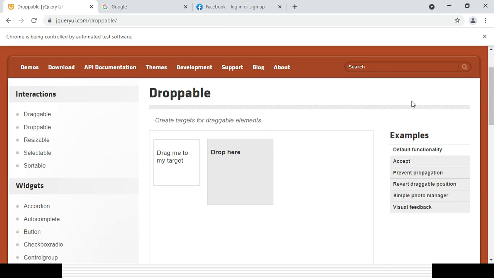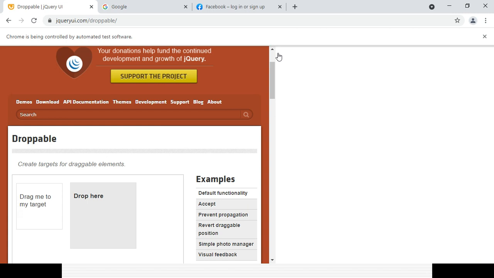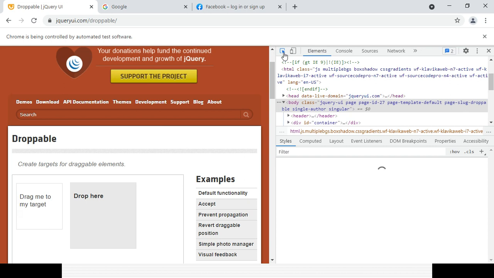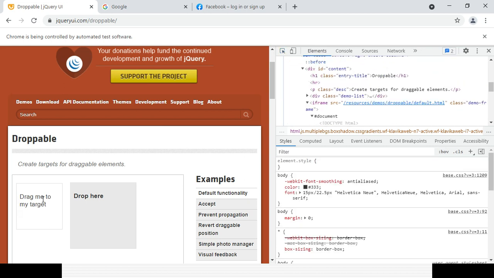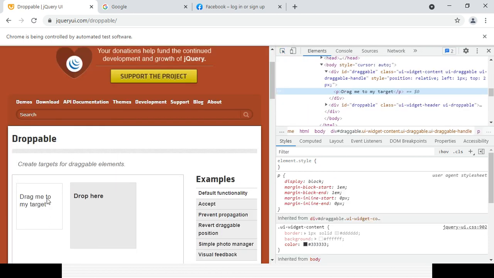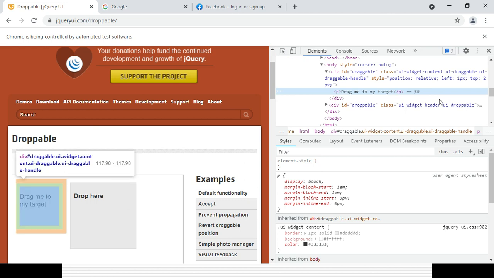So let me inspect the element, press the F12 button here, and definitely with the help of ID, class name or name, I can identify them. Let's place the cursor here. Here you could see that the ID is draggable.